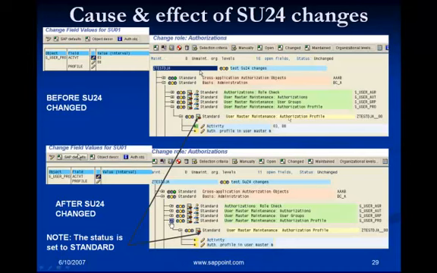Because there are different user administrators, and the values for this object will be different, it is not a good idea to manipulate or change the values in the profile generator. So the good practice would be to blank the values for the object in SU24 and then maintain the values in the role.